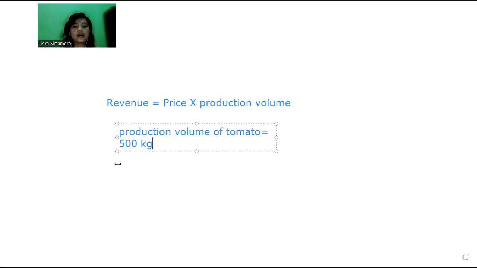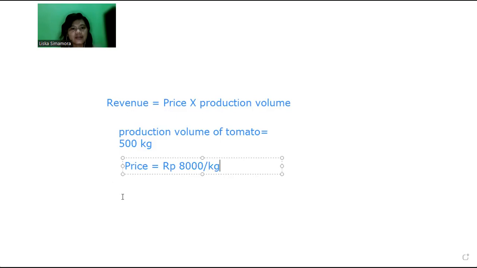For example, if we have the production volume of tomato, let's say the production volume is 500 kg, okay, and the price at that moment is, in Indonesian rupiah, let's say 8,000 per kg. So the revenue is